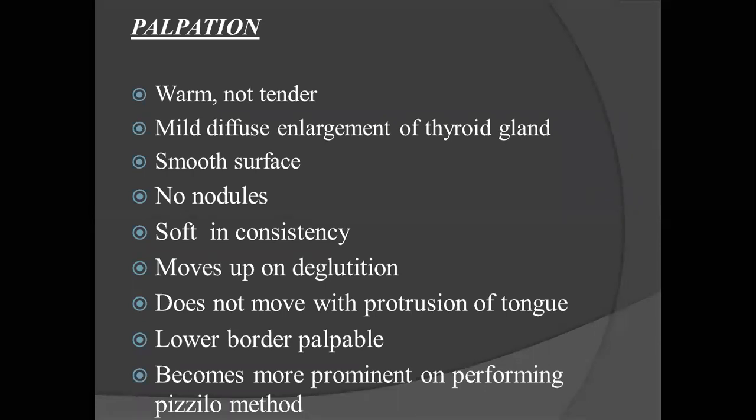If somewhere the duct is not obliterated and the duct is still present, the secretion from the epithelium in the duct forms a cyst. That is the thyroglossal cyst. It is very small. When you put out your tongue, because you are tugging that thyroglossal tract, the cyst also moves with protrusion of tongue. Protrusion of tongue, checking up, very, very important.